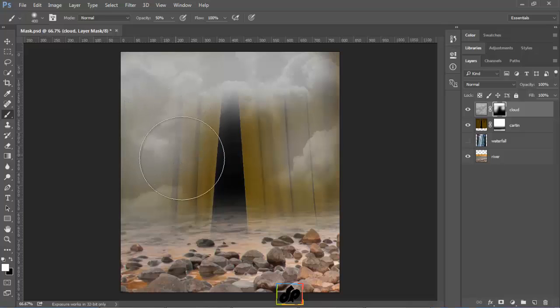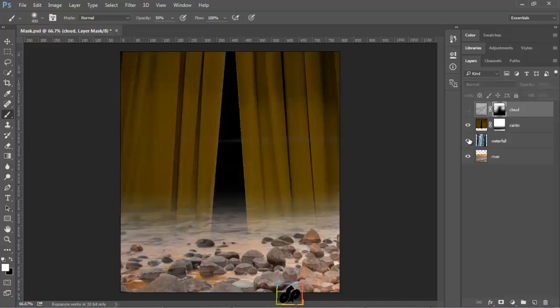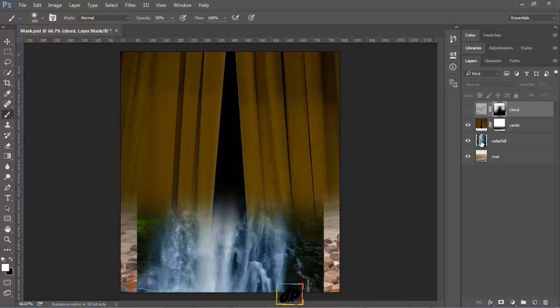Now we wish to reveal the waterfall in between the two curtains. Hence, for now, we'll toggle off the visibility of the clouds layer and toggle on the visibility of the waterfall layer. However, we can't view the waterfall layer since it's underneath the curtain in the stacking order in the layers panel. Thus, so as to select this black area quickly, we'll select the curtain layer and click on the thumbnail for